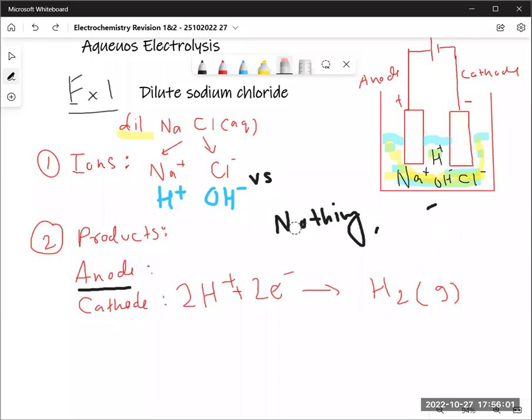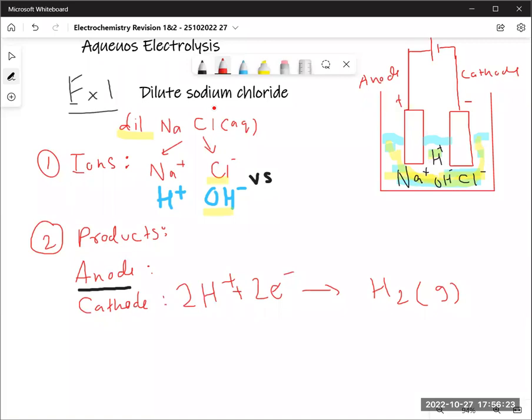I would say if it's anode, the OH minus and Cl minus will go. Okay, that's fine. So we have these two options, Cl minus, OH minus. But between these, what will form? That's the competition. Between these, you have two options now. Not both of them will go. So what we know is,